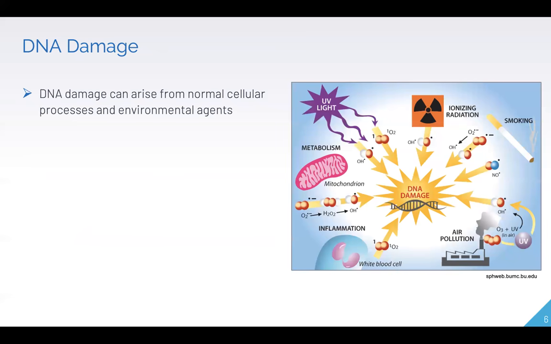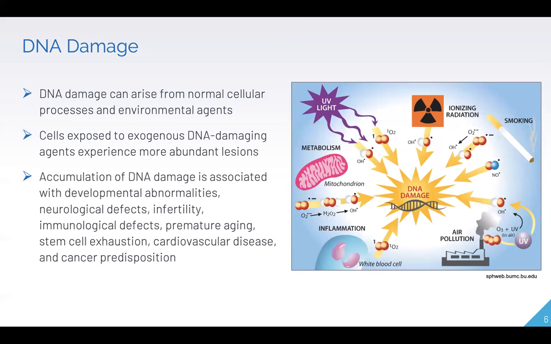All right, so we'll survey some of these different types of DNA damage. As I mentioned, DNA damage is a very ubiquitous term. It encompasses many different types of lesions in the genomic DNA. It can arise from normal cellular processes, just normal metabolism that induces a variety of different damages that we will go over in a few seconds. Environmental agents are another source of these